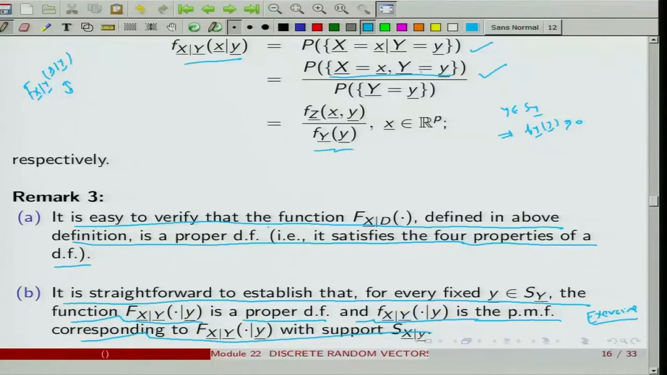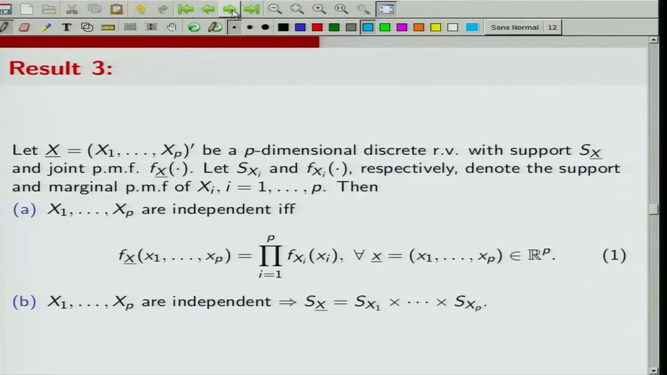So, now we have defined the conditional probability mass function. The conditional probability mass function is nothing but the joint probability mass function divided by the marginal of the fixed variable y. Now let us see whether I can check independence through the probability mass function or not, and this is what the next